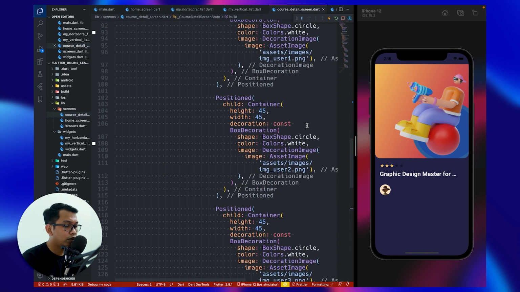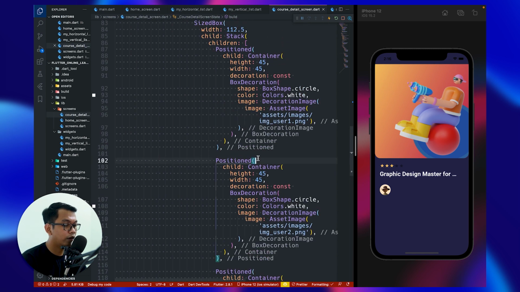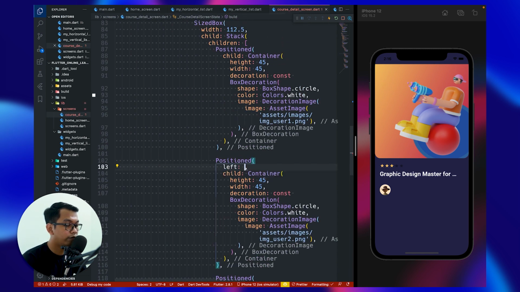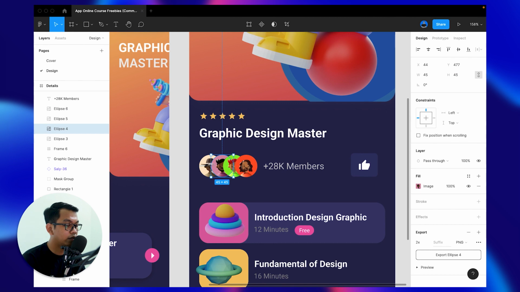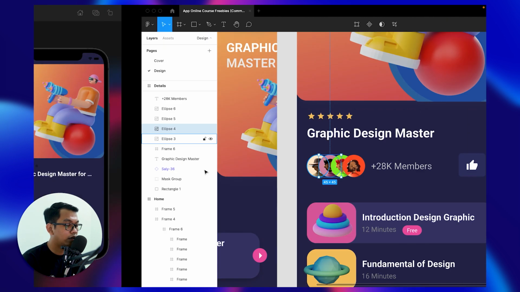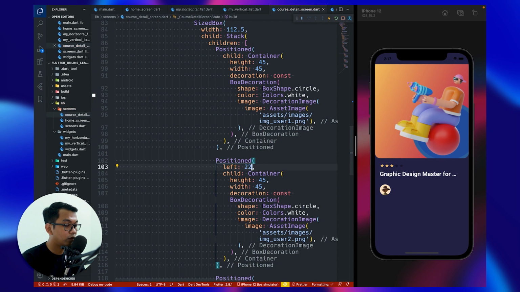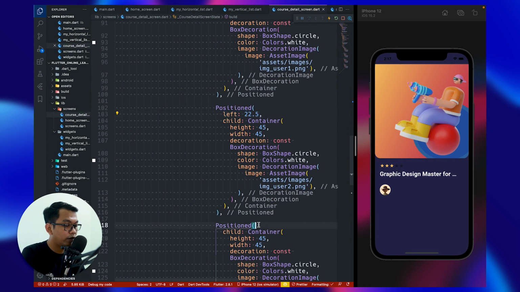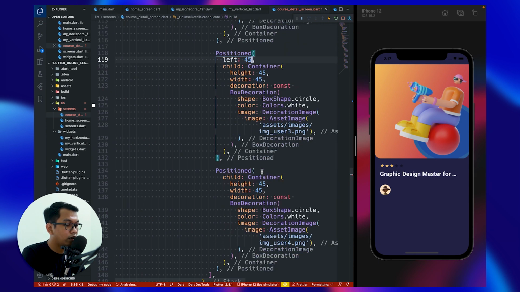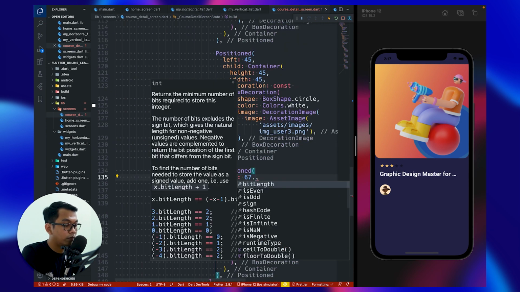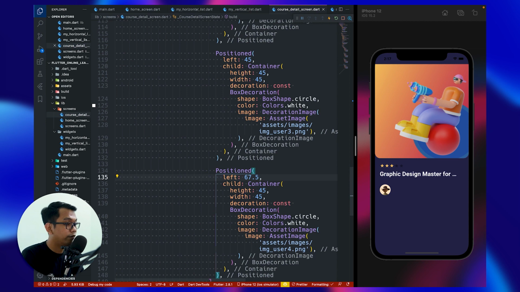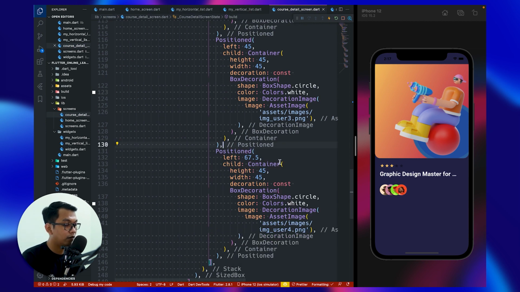And the important thing is we have to say right here left. Let's say it's a half from the left, so it's around 22.5, and this is around 45, and this is around 67.5. And let's hot reload, and now we see 4 images.